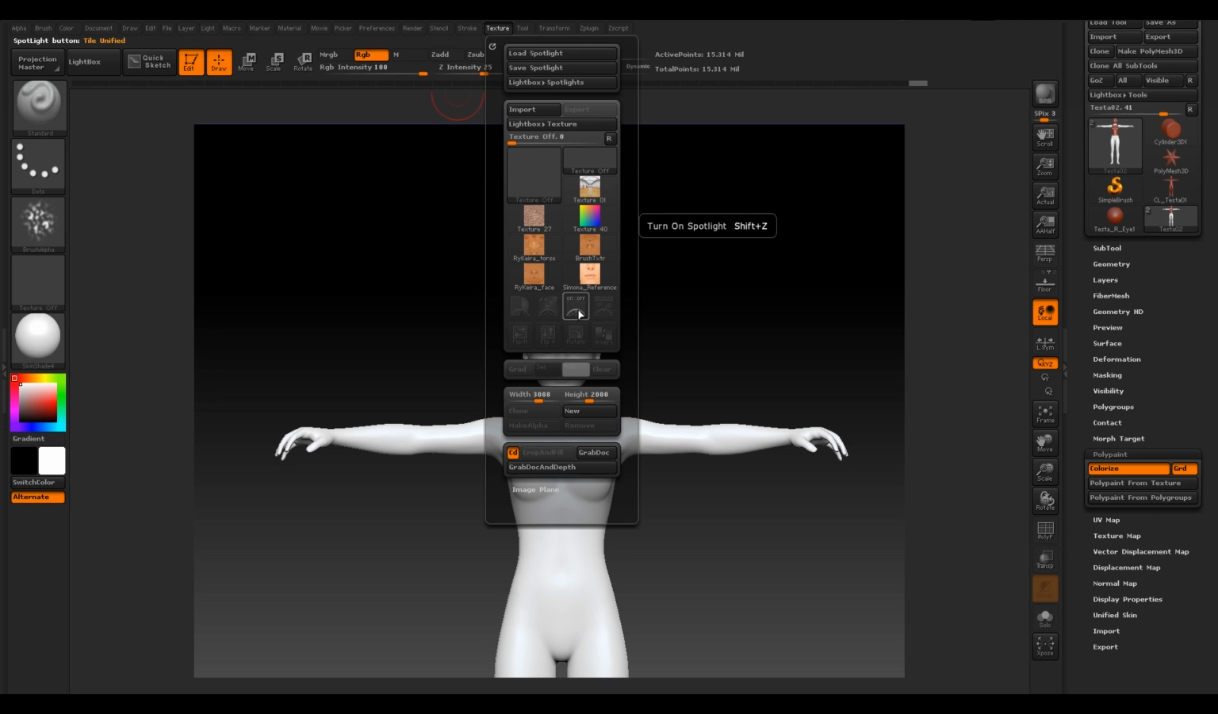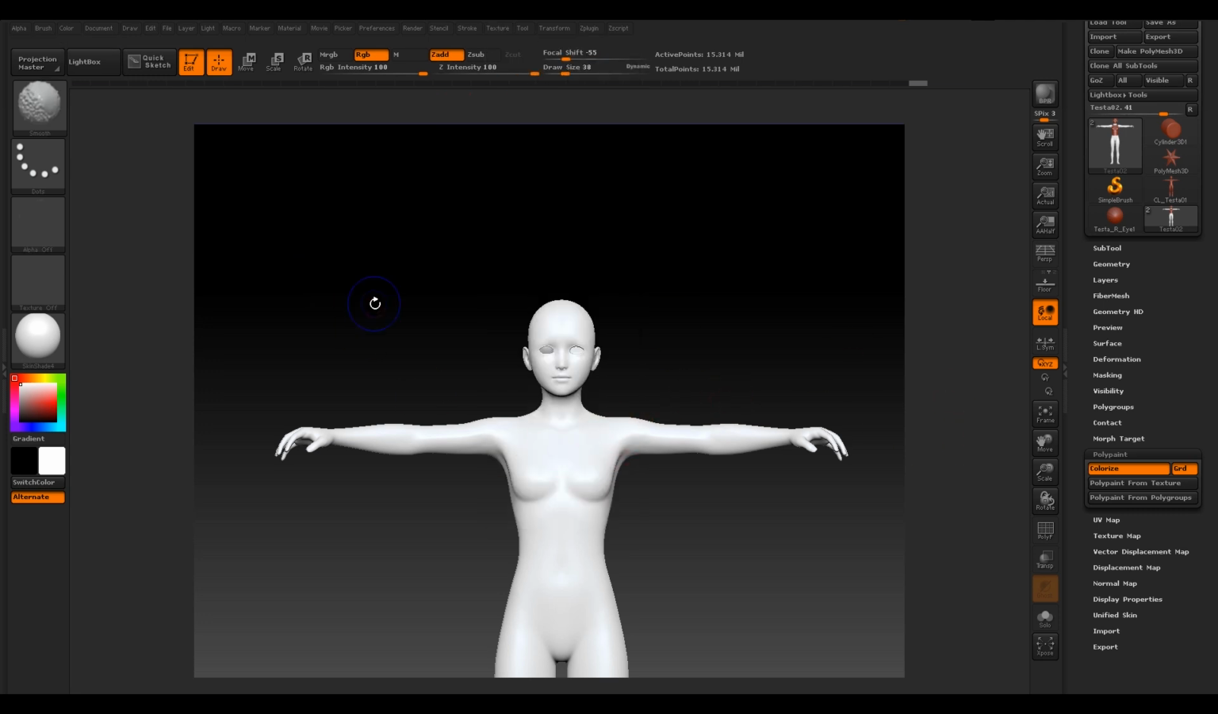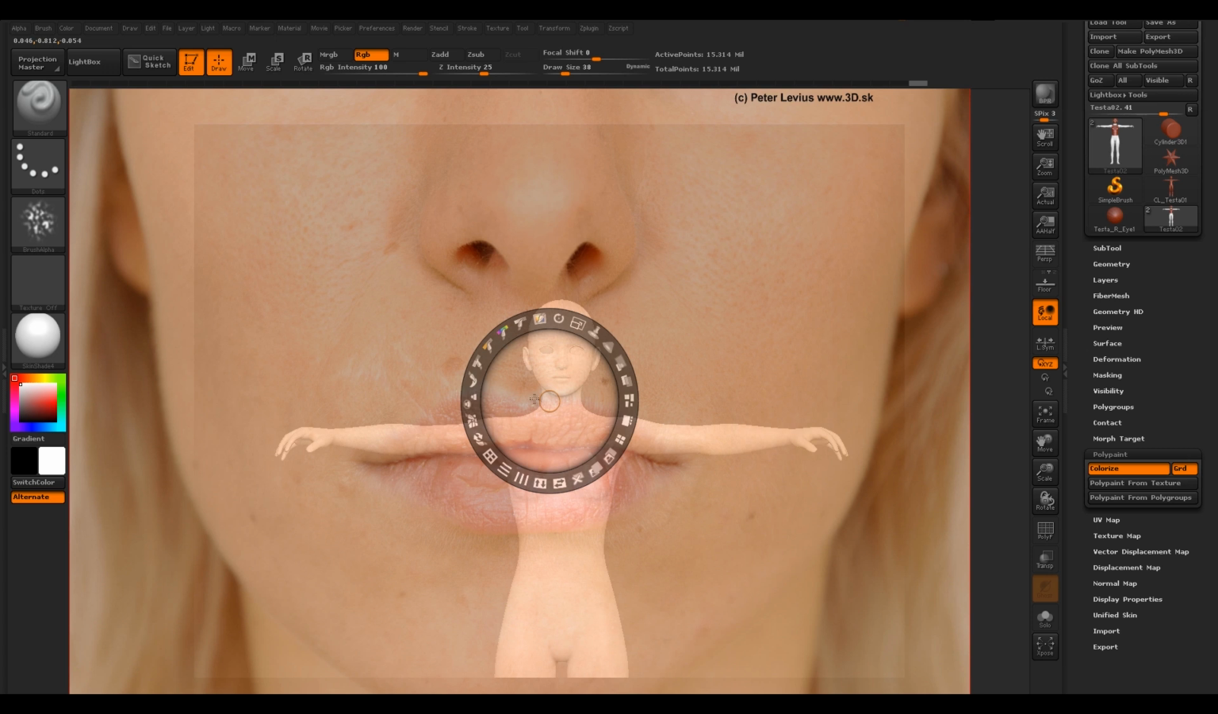We don't want to close spotlight. We want to turn back on spotlight. So Shift Z to turn it back on. Z is just going to hide the spotlight wheel out of our way. It's going to hide the image out of our way. But in order to hide the image out of our way, we need to just change the spotlight radius a